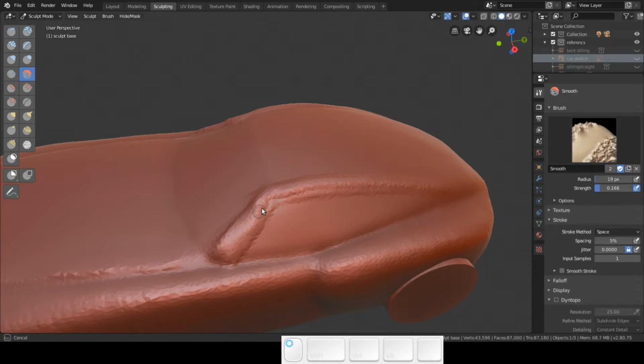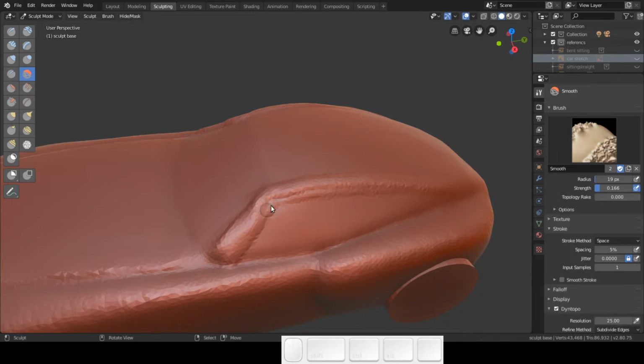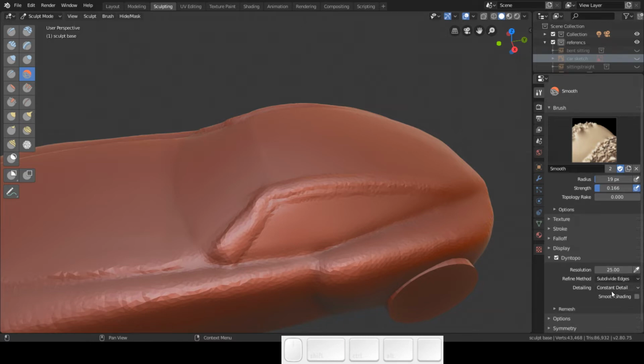So feel free. I'm gonna turn on Dyntopo. Okay, that's okay. So in Dyntopo, I'm going for the subdivided edges and a constant detail. I like to work like that a lot more. In previous videos I explained the difference on working with constant detail